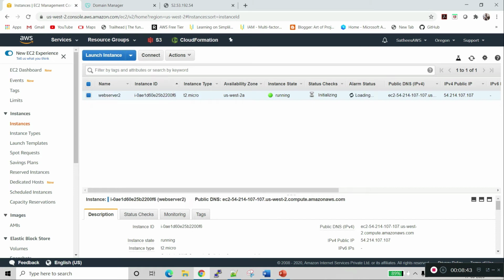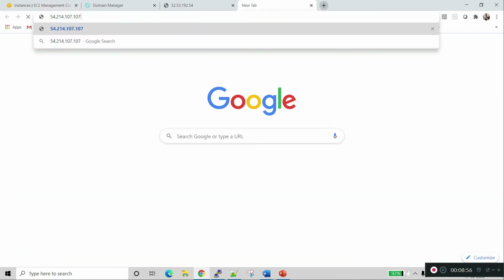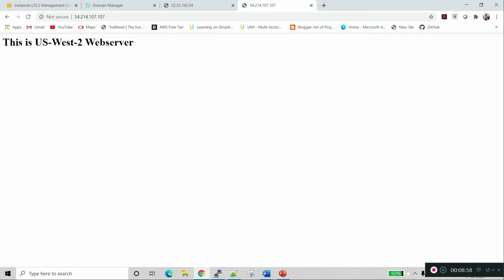So it's initializing. So web server 2 is running. We'll check the instances. Web server 2 is running and web server 1 is running. So let's go to Route 53.